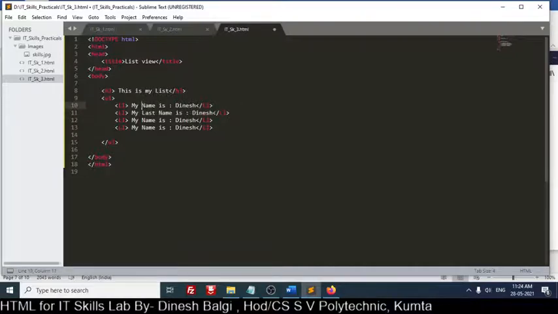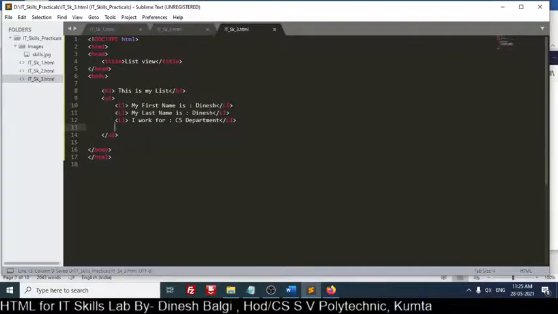First I will make first name, last name, I work for CS department. Okay, I think these 3 lines are sufficient.